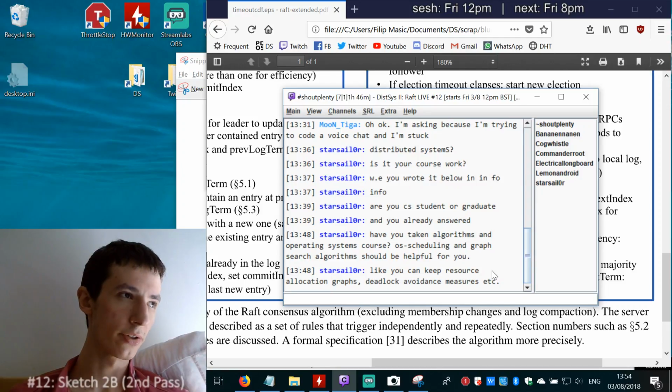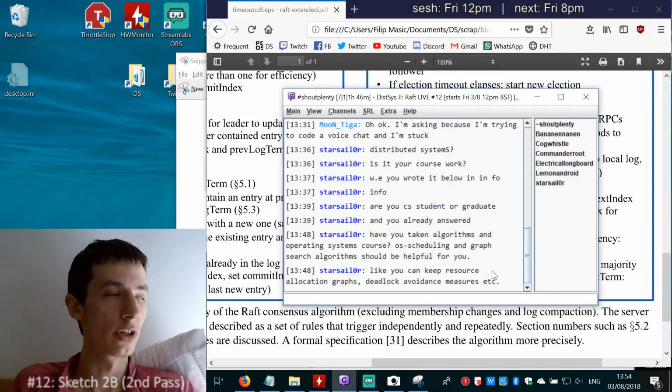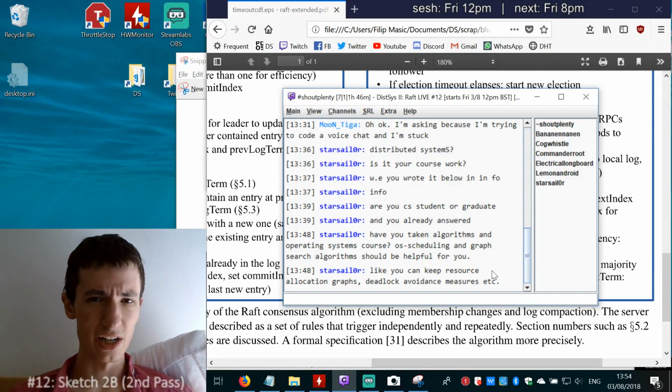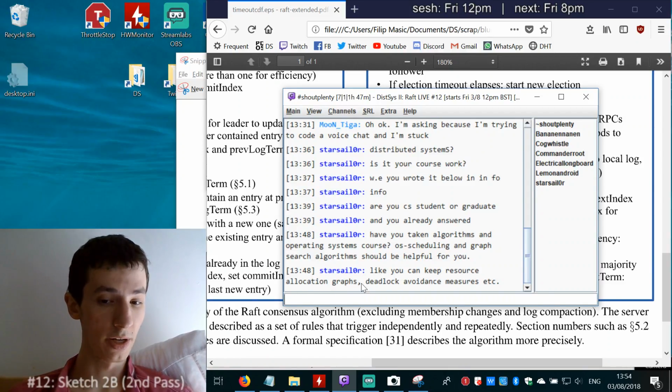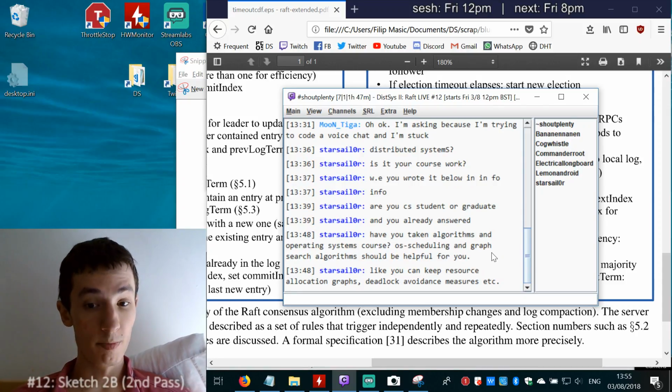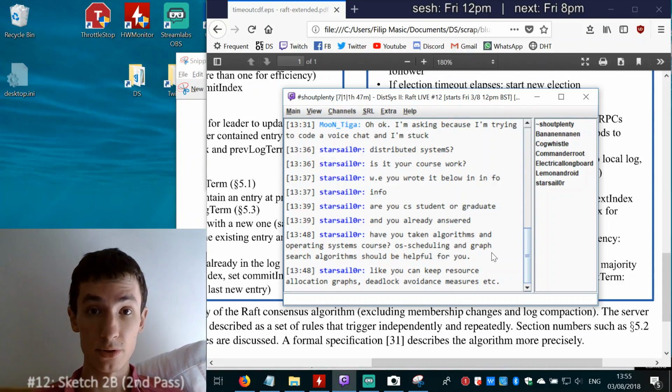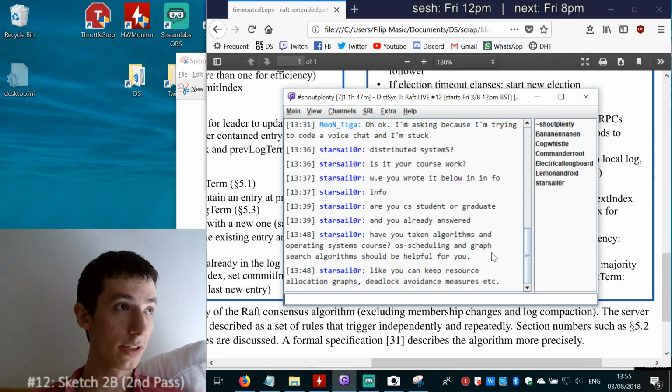So I know about depth first and breadth first search, basically how they work. I've implemented them a few times. I've done my own search algorithms every now and again. So you're saying you can keep allocation graphs for resources in an operating system context, and then deadlock avoidance measures. Fair enough. But I haven't done any OS courses. But it's fair enough that this would be useful to me. Almost certainly it would be. But I don't think it's necessary because